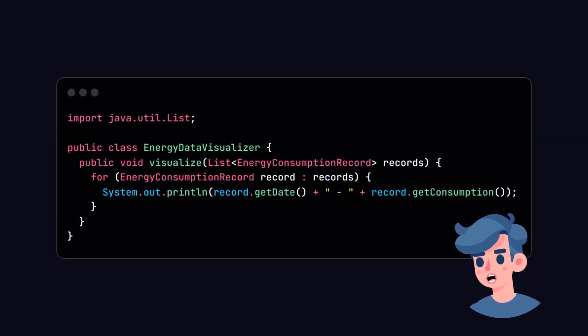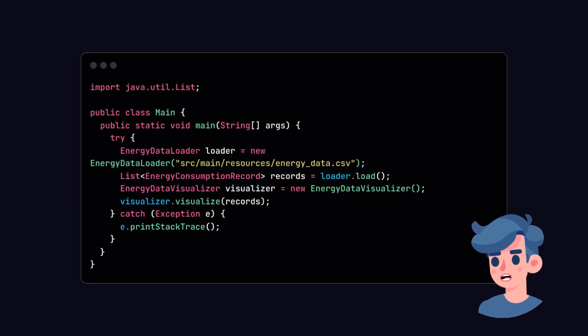Next, we will create a method to visualize this data. For simplicity, we will print the records to the console. Create a new class named energy_data_visualizer.java in the same directory. In this class, we will have a method that accepts a list of energy consumption records and prints the dates and consumption values. Now, we should integrate our loader and visualizer in the main method of a new class named